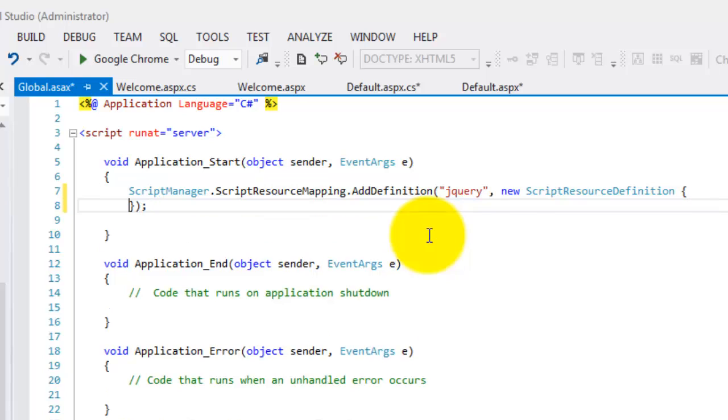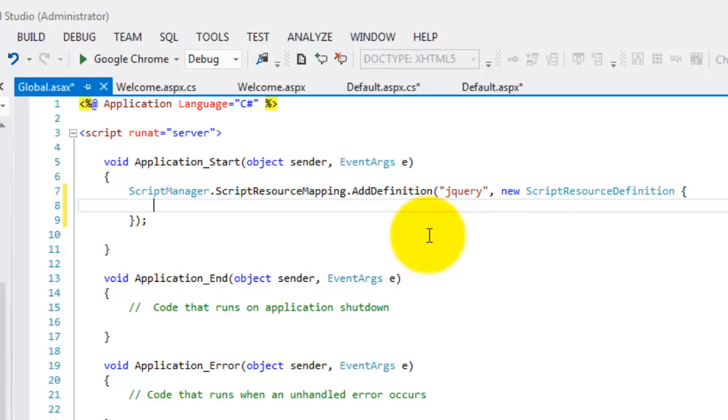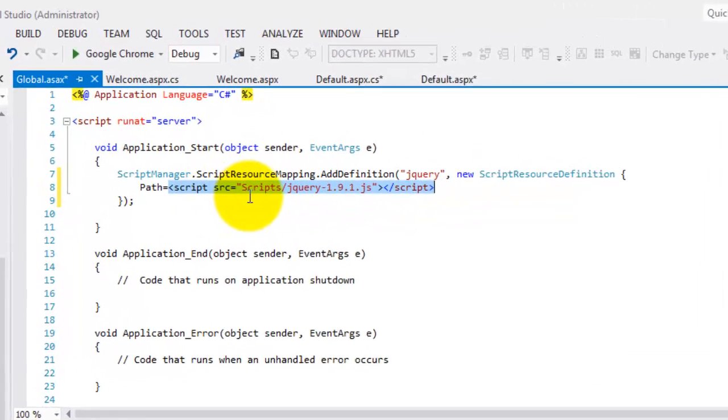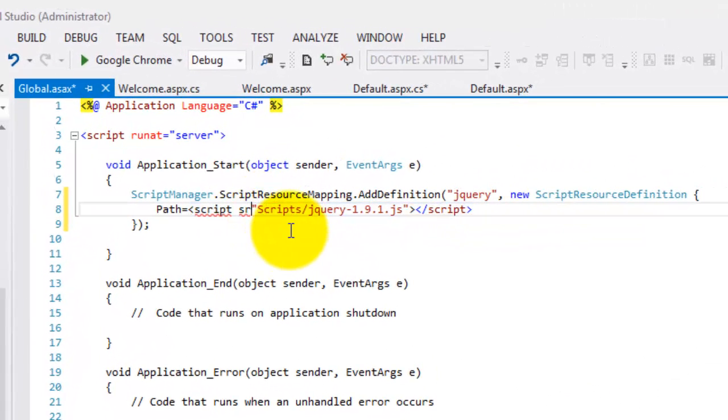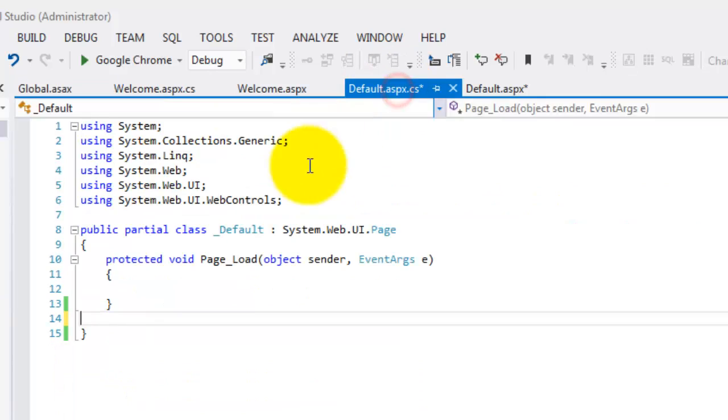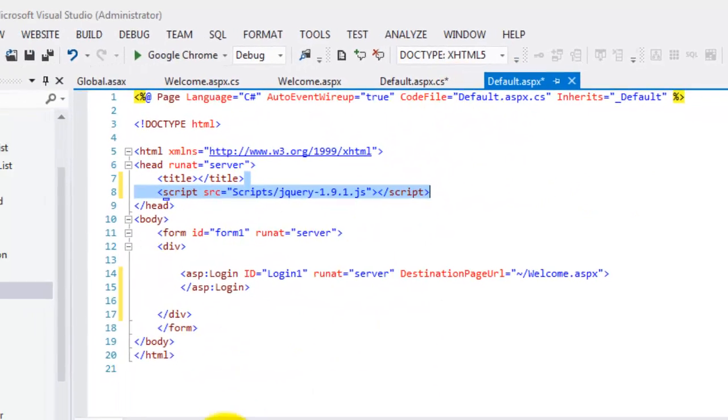Okay, and inside we're going to declare the path, which is equal to, I'll just drag it here. Okay, and then I'll delete some items. Okay, and then slash jQuery.js. Okay, that's it. So now we can create the methods for our